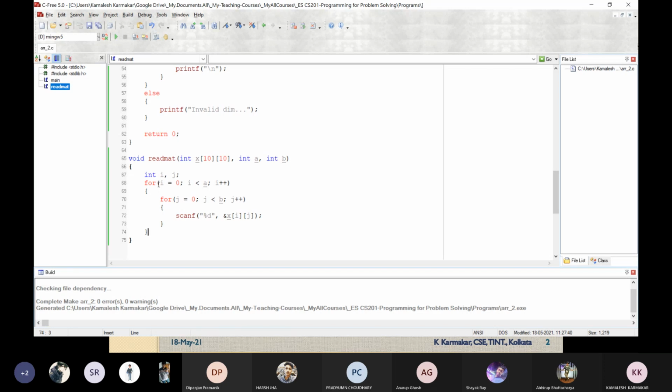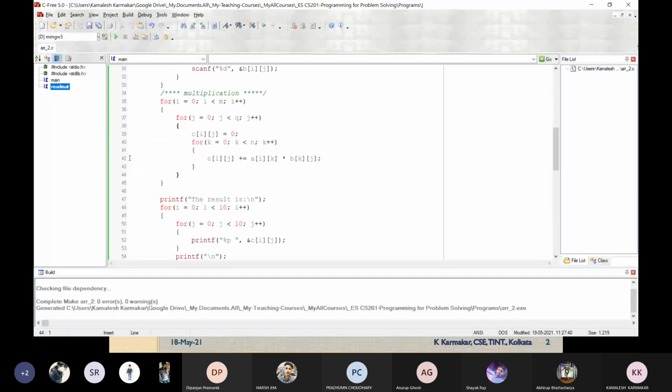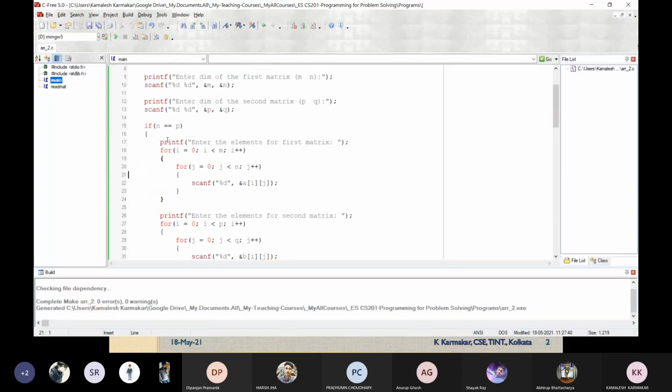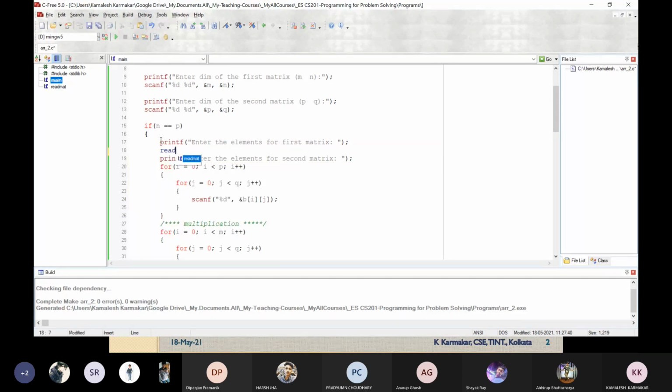Any doubt in this function declaration and definition? In this function definition, if the function receives x, a two-dimensional array, and its dimensions a and b, then it will run the loop and read the values. Going back here, instead of writing this logic here, I can just write the read mat function call.